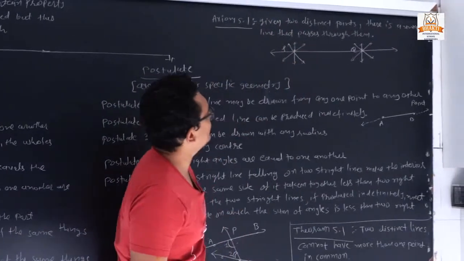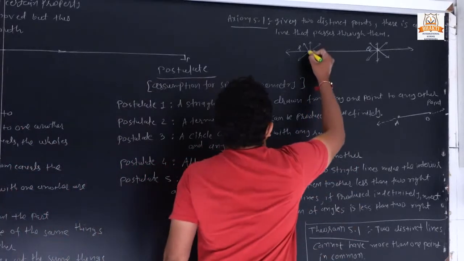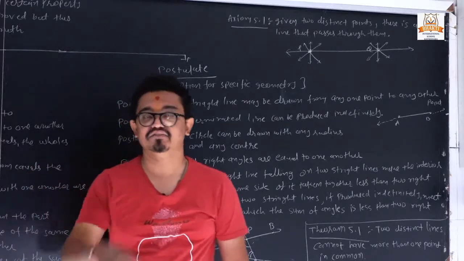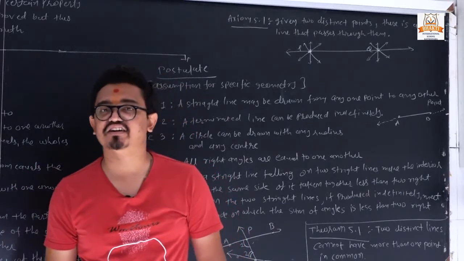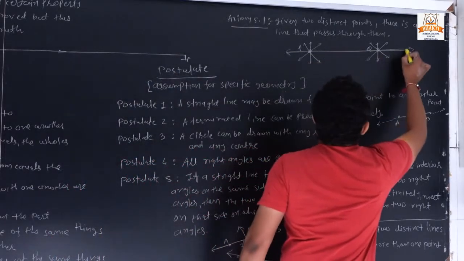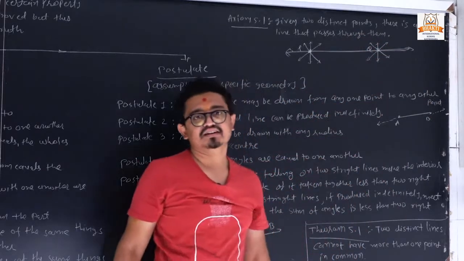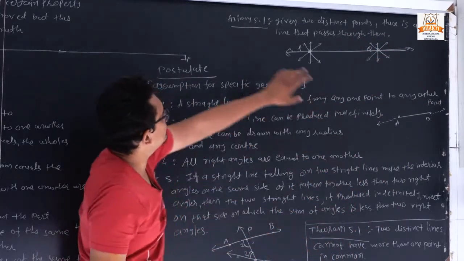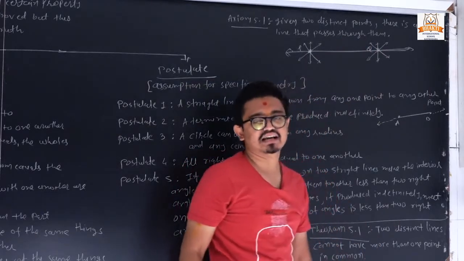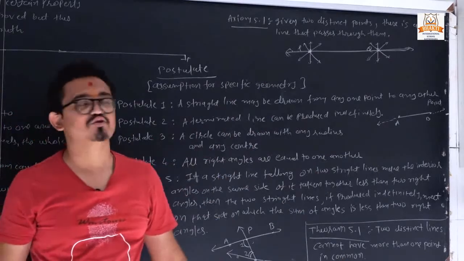Given two distinct points, there is a unique line which passes through them. Suppose we have 2 points, point P and point Q. So we can draw an infinite number of lines from that point. Clear? We can draw infinite lines from these 2 points. And if we join these two, we can make the line. We have one more line. So it means there is a unique line that passes through them if we have 2 points. Here if we have two distinct points, there is one unique line which passes through those 2 points. So it is our axiom